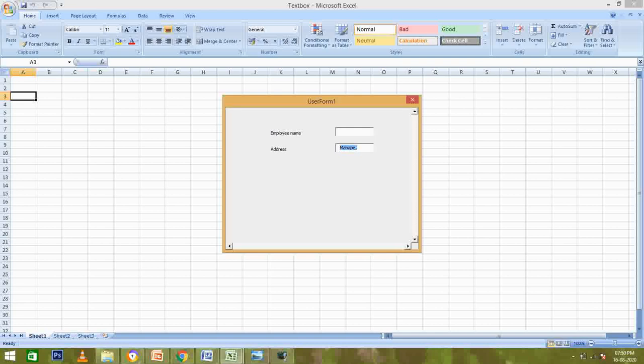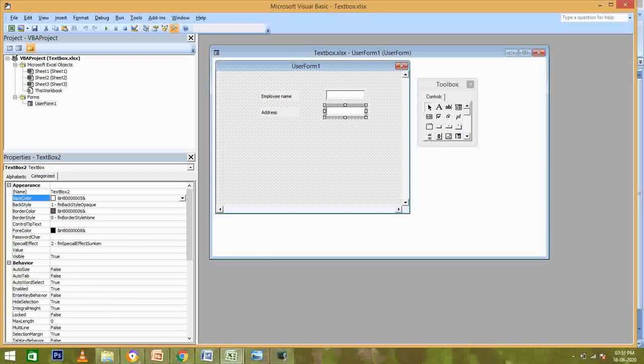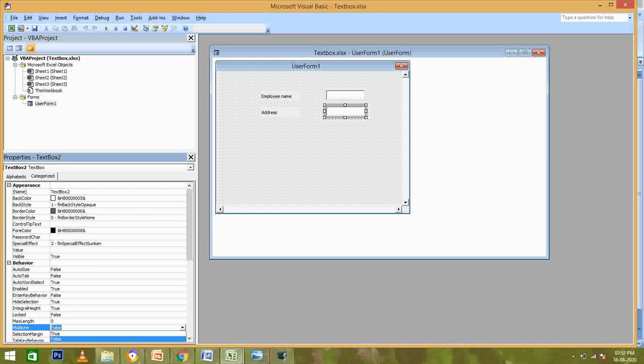Why is it so? Because when you want to create a multi-line text box, you have to do two things. First, you have to set the multi-line property to true for this box. I think I have done that for this. Okay, no problem, true.